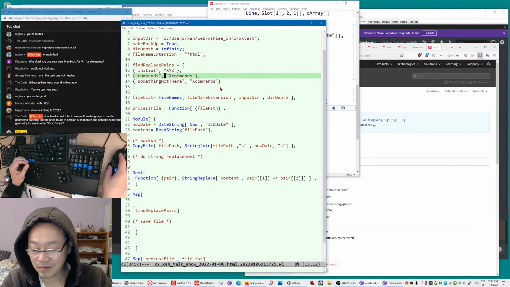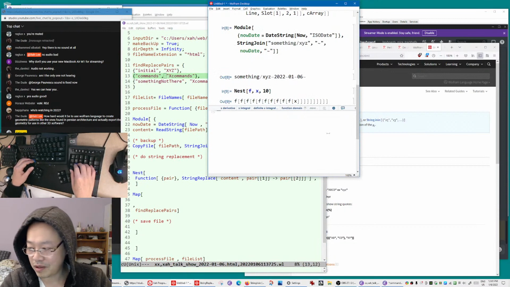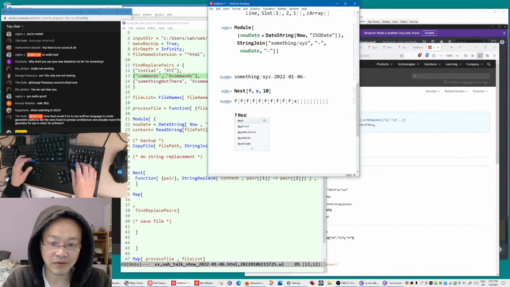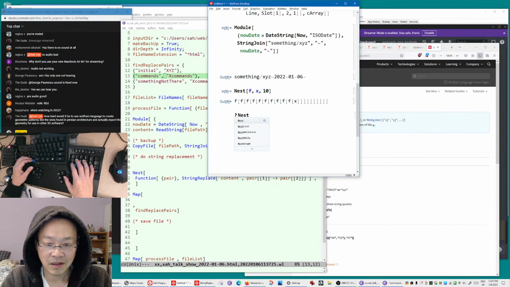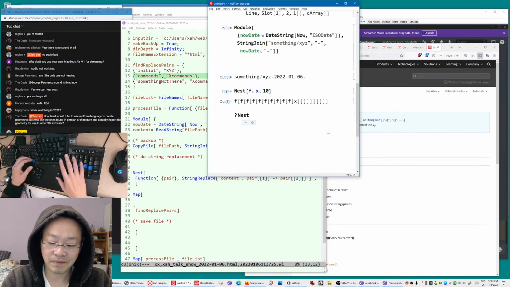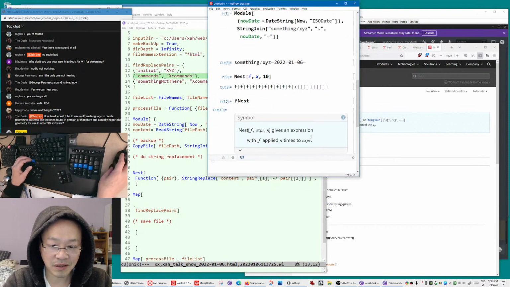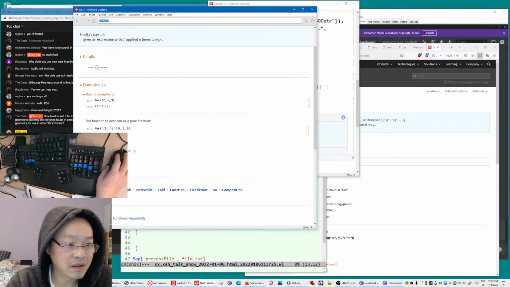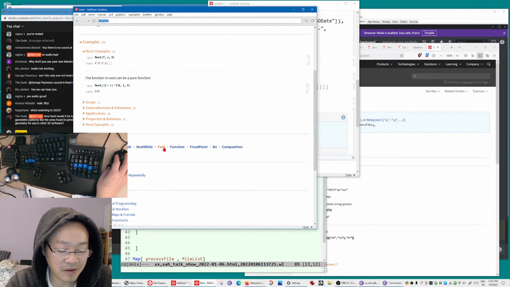So some sort of map and nest together. So there's tons of functions in Wolfram language for this kind of thing. Nest while, and there are so many ways to write it. We can do the dummy way or